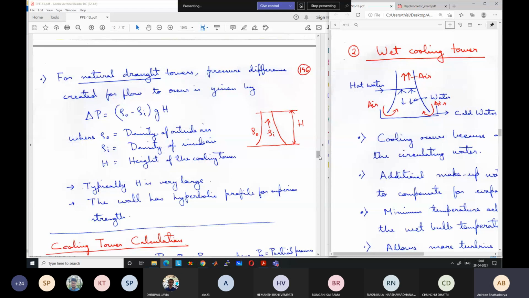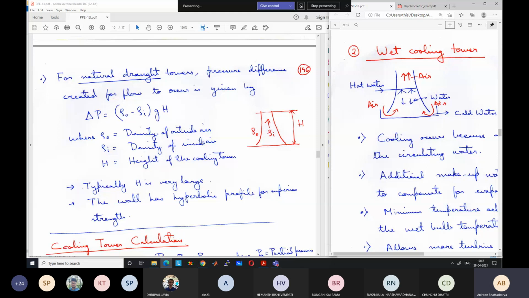So that cooling water goes to the condenser from the cooling tower. So the cooling tower needs to cool this 60-70 times mass flow rate of water. So that's why the cooling towers are very large in size. As a result, it is much more beneficial to have natural convection, so that you can save power by removing the fans, or otherwise you will need very large blowers. Okay, the structure will be very different.